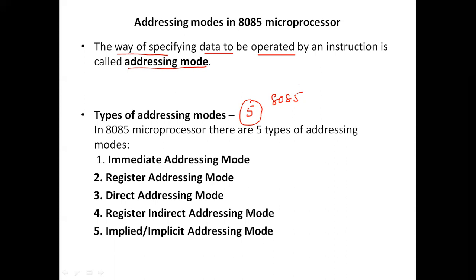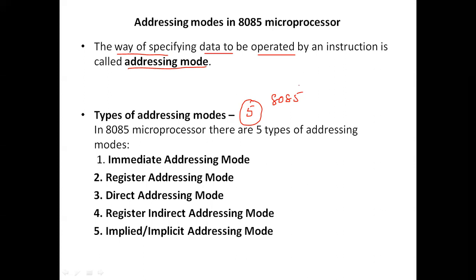So each and everything is now remotely operated with the help of these processors only. Fine. So that is the passing. Today in this class we are going to concentrate much on types of addressing modes. As we are going to talk regarding the 8085 microprocessor, in this 8085 microprocessor we are going to have 5 different types of addressing modes.